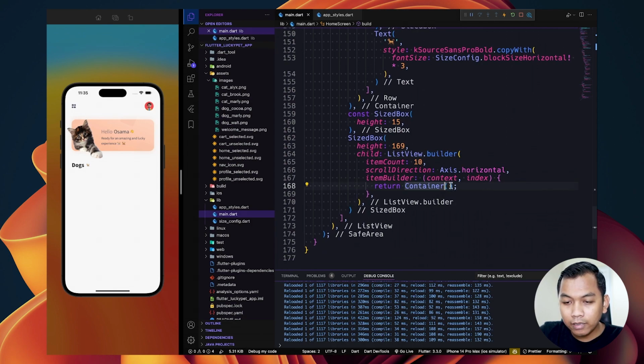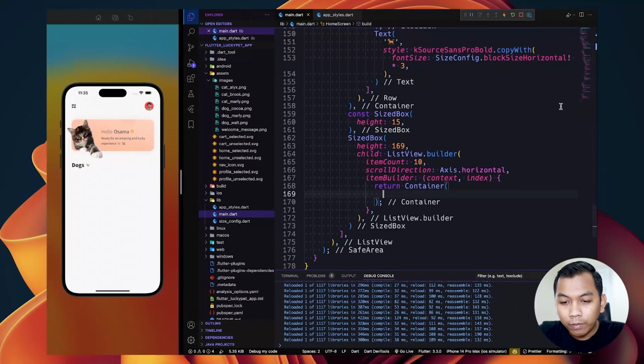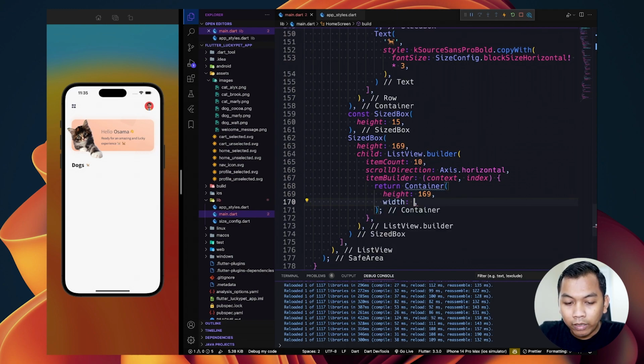And inside this container, so let's press this and we will see the size will be 169, and the width will be 150.